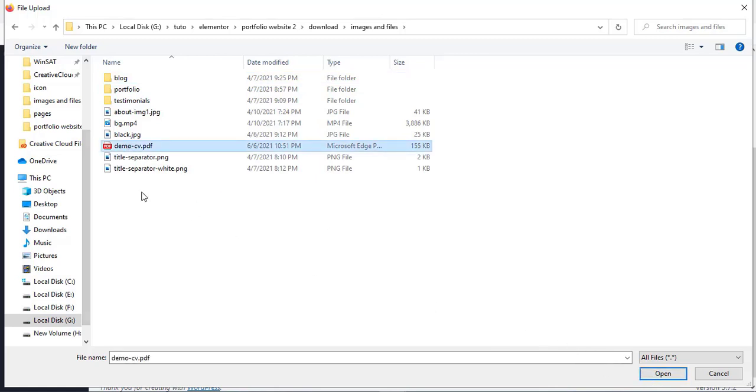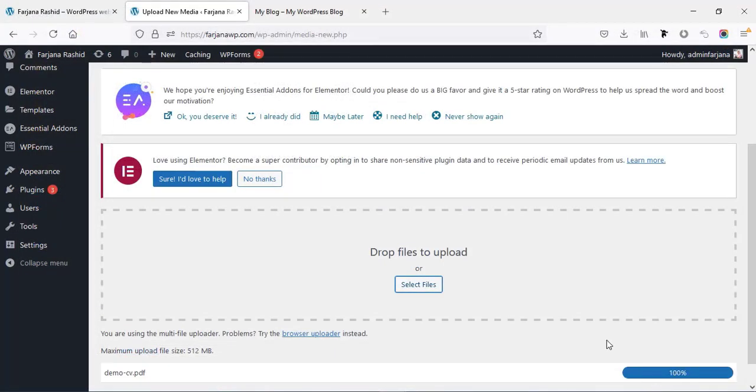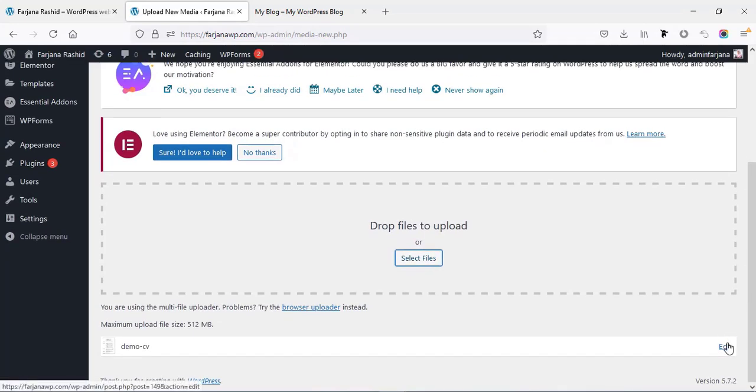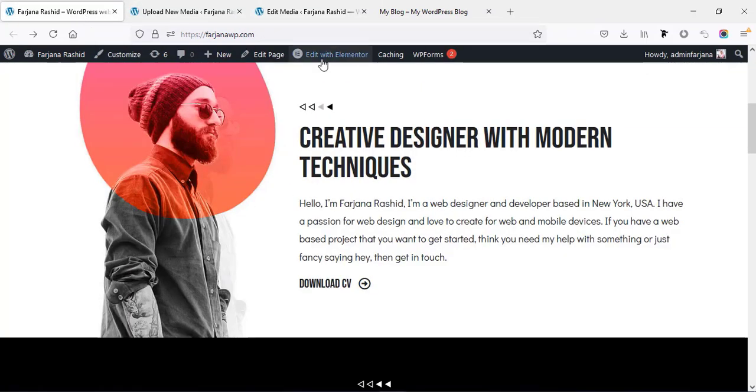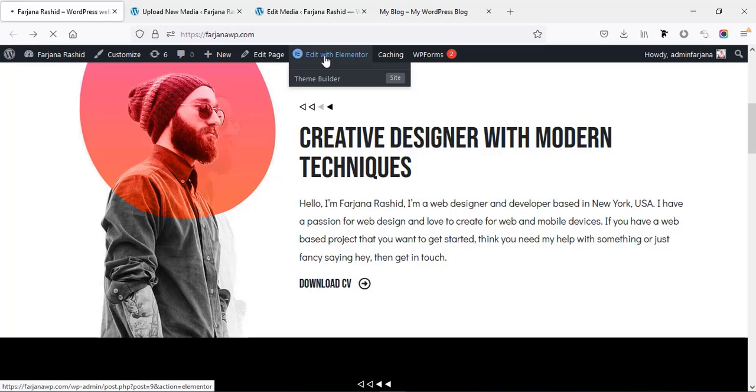So we can upload any CV as PDF format, or if you have any other format, in that case you can upload that file, or the best way is to make your CV in a zip file, then you can upload it. So now I'm uploading a demo CV in PDF format and going to edit, and here is the PDF URL. So going to copy URL to clipboard, and now again going to edit with Elementor,